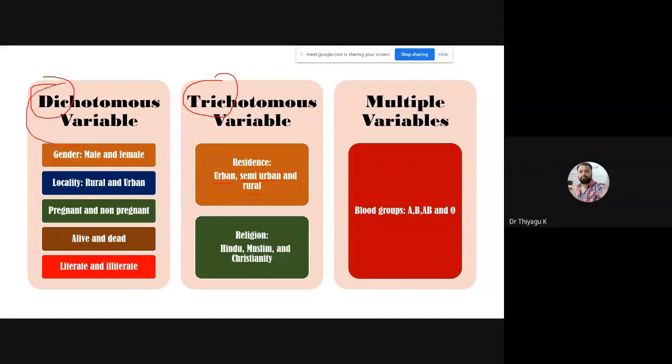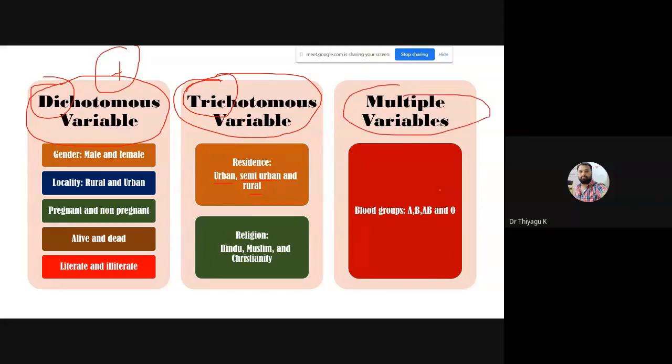Normally, in the case of a dichotomous independent variable, we can go with the t-test, because for the t-test assumptions, our independent variable should have only two categories. But in the case of ANOVA, our independent variable should have three classifications, minimum three. Then we can go with urban, semi-urban, rural, with emotional intelligence, using ANOVA or ANCOVA. Then multiple variable: if there are more than three subgroups, it's called multiple. Arif Kumar, I hope you understand from this example. Di means two classifications, tri means three, and more than three we treat as multiple.